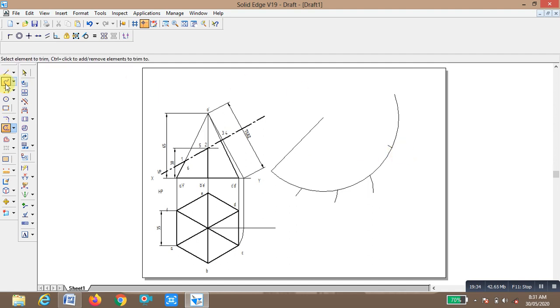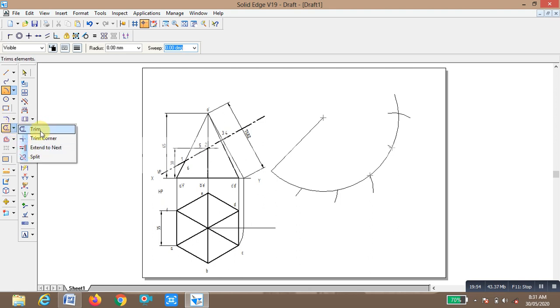How many divisions are there? 1, 2, 3, 4, 5. We are going to make one more sector, that is arc by center point. Consider this 35, enter, draw the arc.